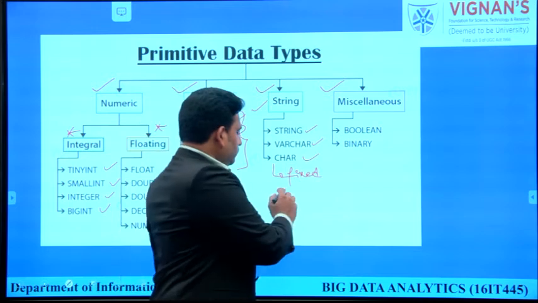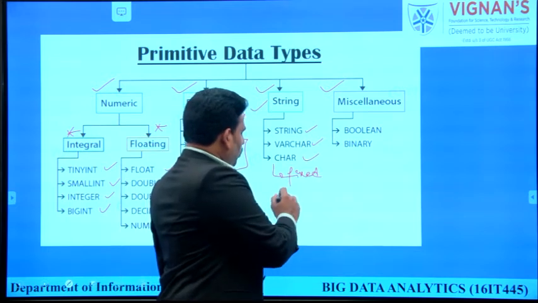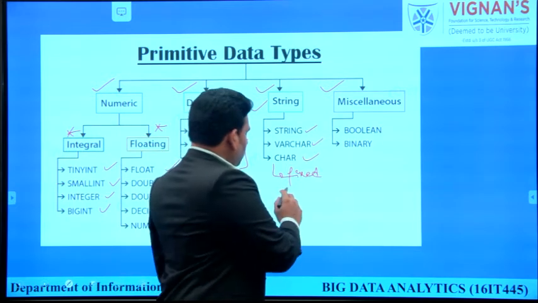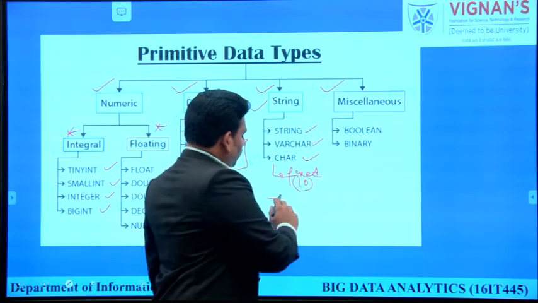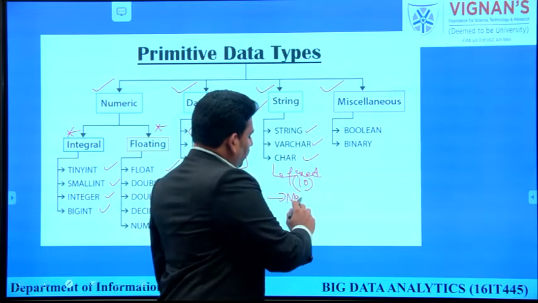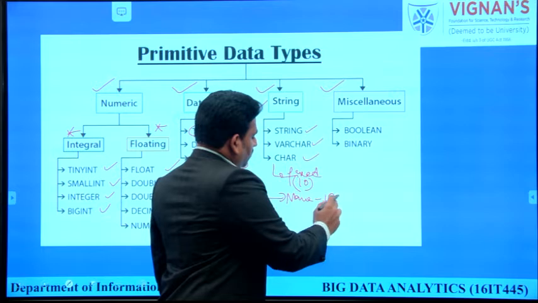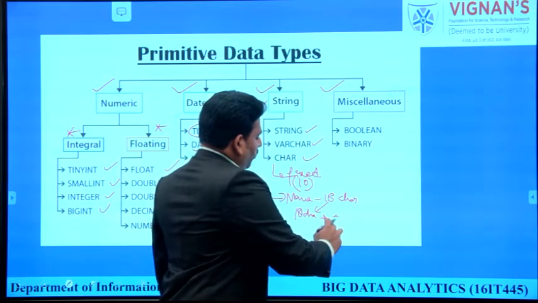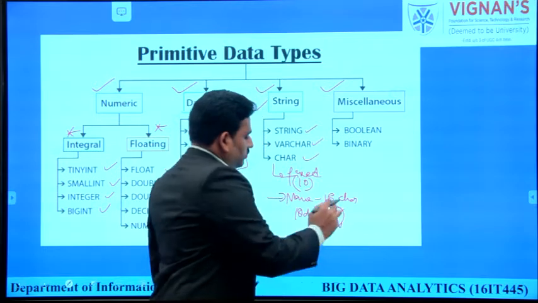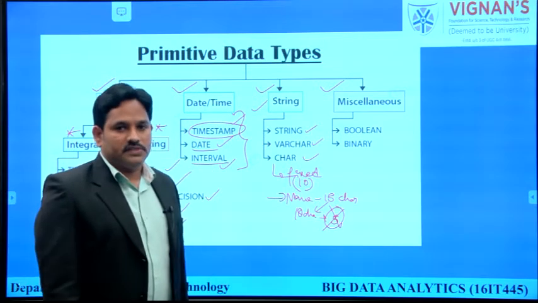Let us take, if you want to store the name of an employee, here we assign only 10 characters. If the name of the employee has 15 characters, then it will take only the first 10 characters. The remaining 5 characters are going to be neglected or will not be considered.